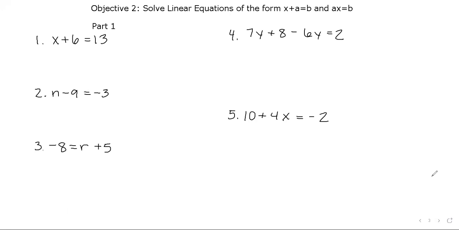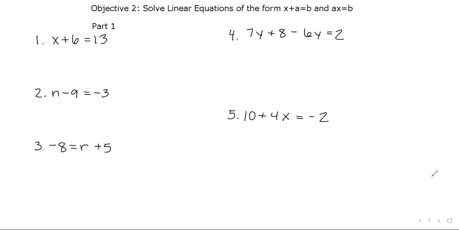Now for objective 2, if you remember your Math 130, this was talked about in Math 130 objective 5, okay? So for objective 2 of Math 131, we're going to be looking at solving linear equations of the form x plus a equals b and ax equals b, okay? So for part 1, we're going to look at the first form, x plus a equals b. So we're going to knock out these five